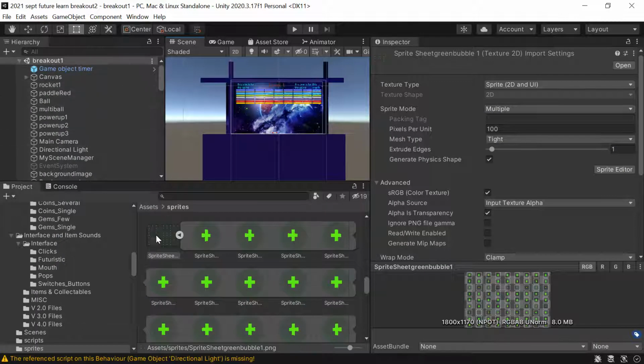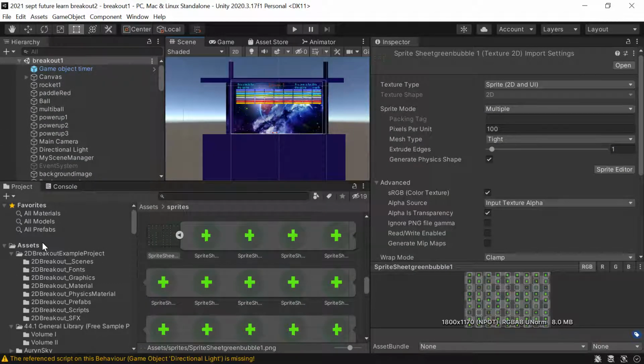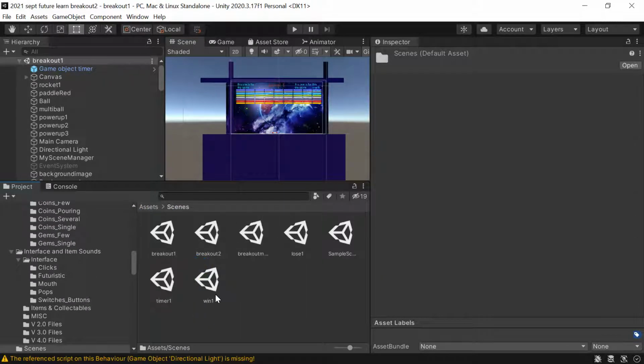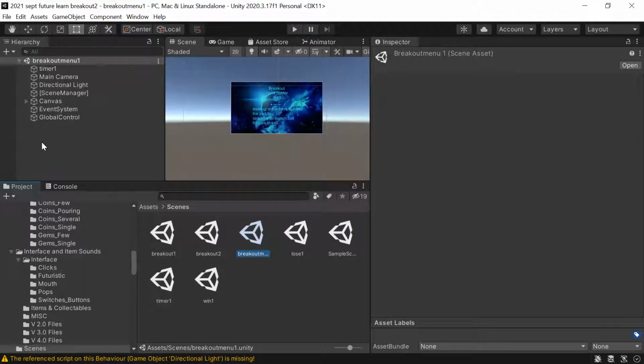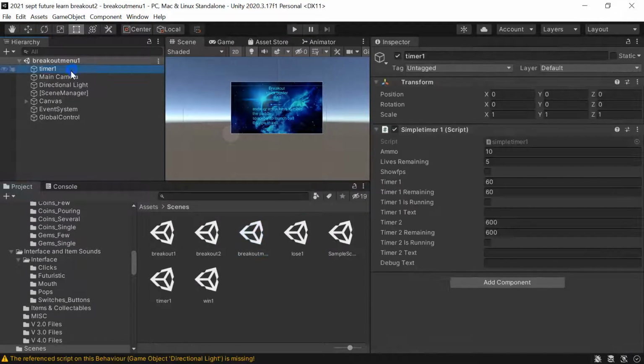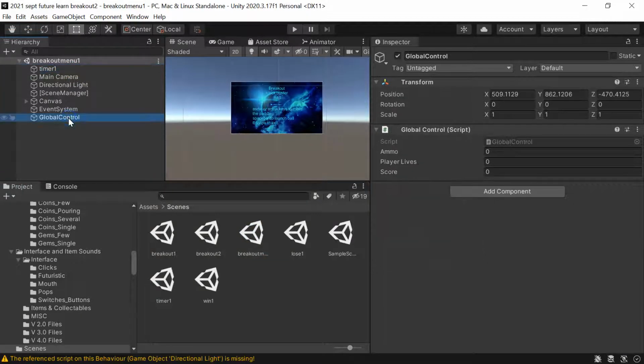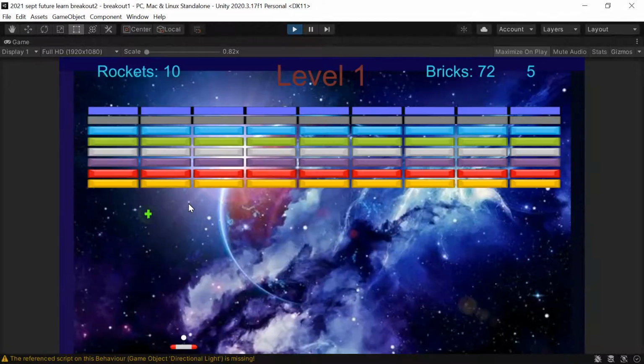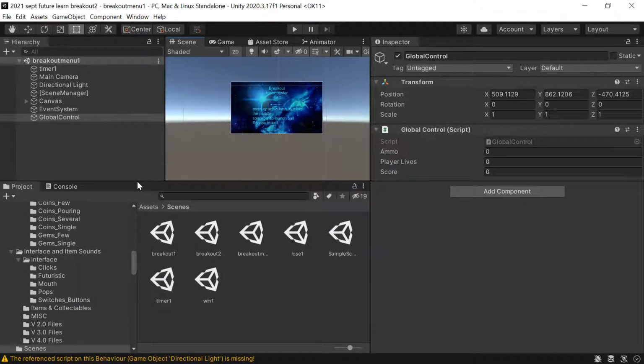Make sure, go back to Assets, Scenes, Menu. Okay, should be nothing here that's too out of the ordinary. Global control, it's all working. Okay. Maybe it was just because, oh yes, I have to go in through the menu system now because